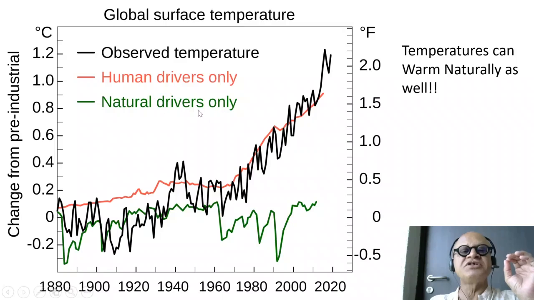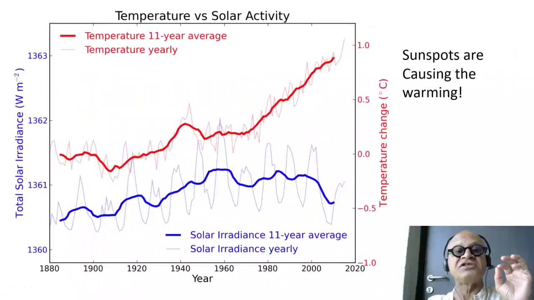But in the models, the beauty is you can take out all those forcings. You can remove the carbon dioxide, you can remove the land use change, prescribed vegetation from the 1880s, for example, and so on. And then you will see that this green line says that if you remove human contributions, there is no warming. Okay? So this is called attribution. Detection is where we say, we have detected a global warming signal and it is robust and it is significant. And attribution is where we can say with these experiments that the warming is directly related to human activities in terms of increased greenhouse gases.